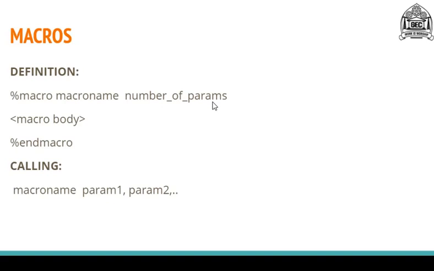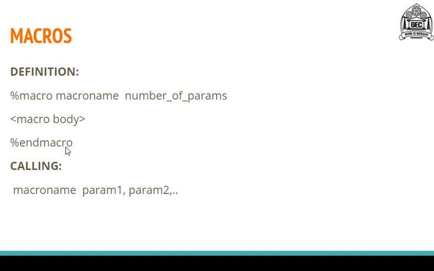After we are done defining the number of parameters and the name of the macro, then we give the macro body, which are the statements or the instructions, or you can say the logic that you are going to actually implement under this macro. After the macro body, you need to end that particular macro. So to end the macro, we use again a syntax, which is a percent sign and a mnemonic or opcode, which is endmacro. So this is how you define macros in our 8386 programming.